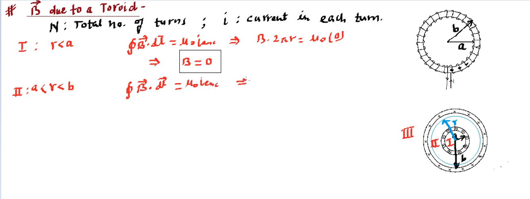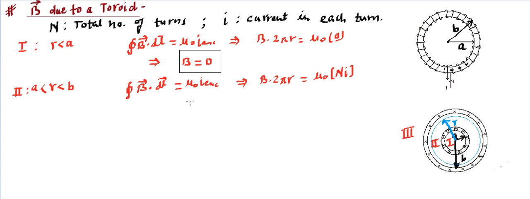Again, considering the sense of this Amperian loop, the dot product and the radial direction together, we find this is going to be B into 2 pi r. You can check this because the rules are exactly the same. This equals mu naught into the total current. The total current comes from the inner portions, and there are N turns, each carrying current I, so the total current becomes N into I, in the outward direction. The outside current will not be counted because it is outside the Amperian loop.